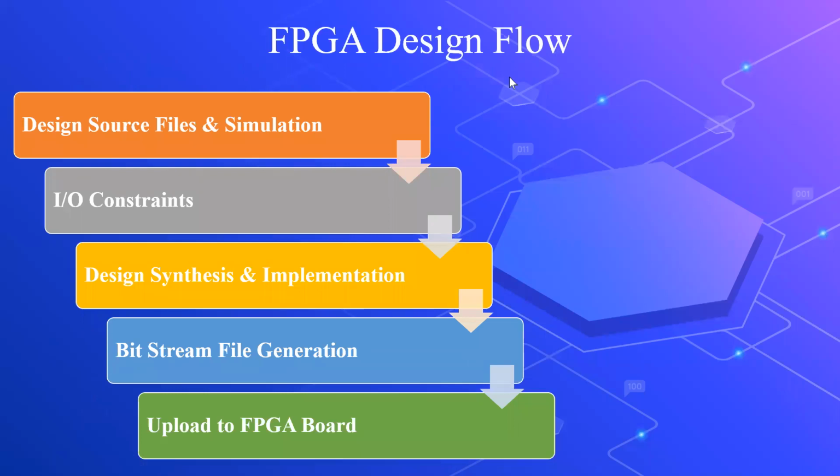Next, coming to the steps involved in the FPGA design flow, there are 5 major steps. The first one, design source files. Designing of source files, that is the first one. Second one, simulation. So in the design of source files, we are designing the source files by using VHDL language or Verilog language, where